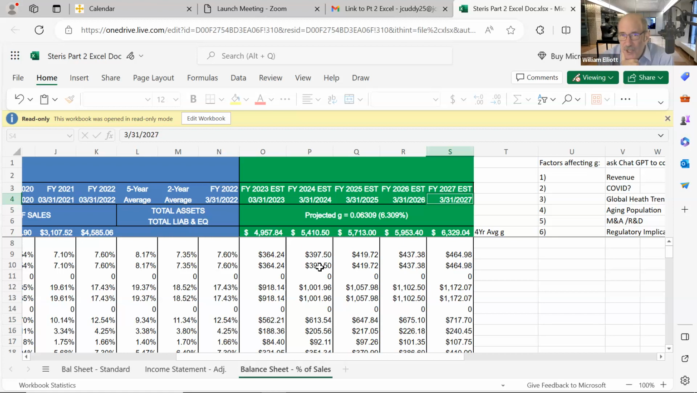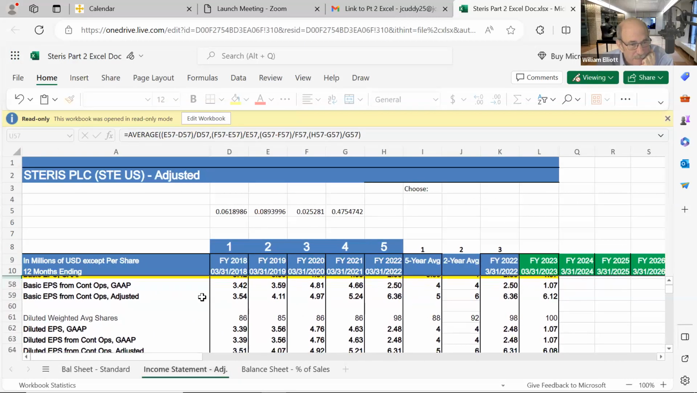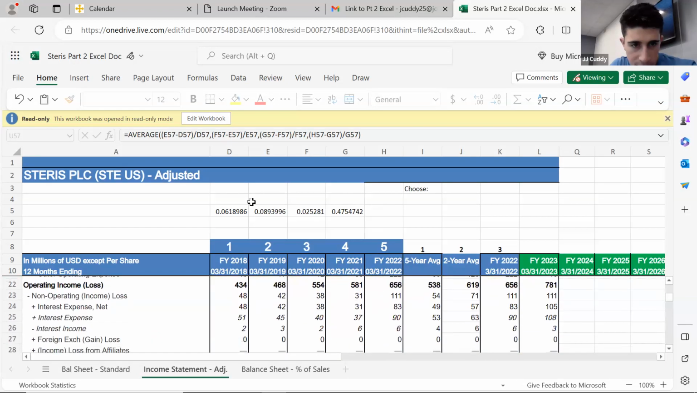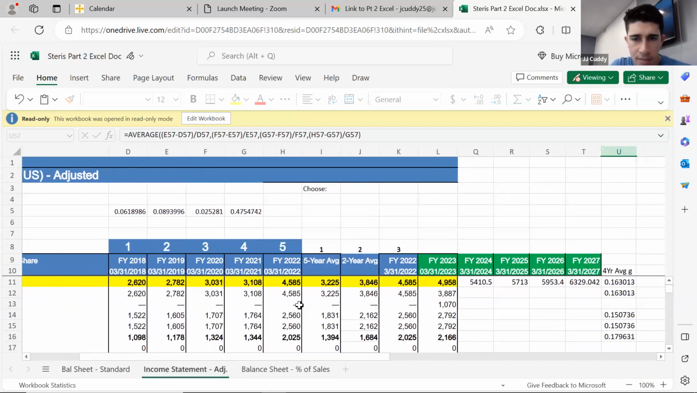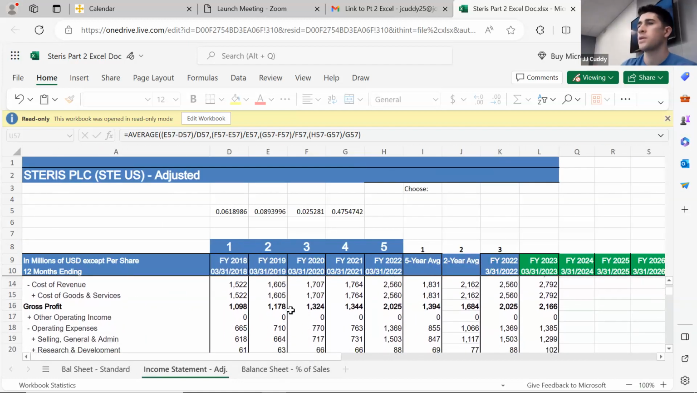So, in the case of Steris, JJ, would you mind going back to, let's see, the income statement as a percent of sales? Do you have that somewhere? Yeah, I think we still need to work on this. That's not dollar figures, that's not percentage yet. Okay, so we still need to do that. Well, I was going to use that as an example, but